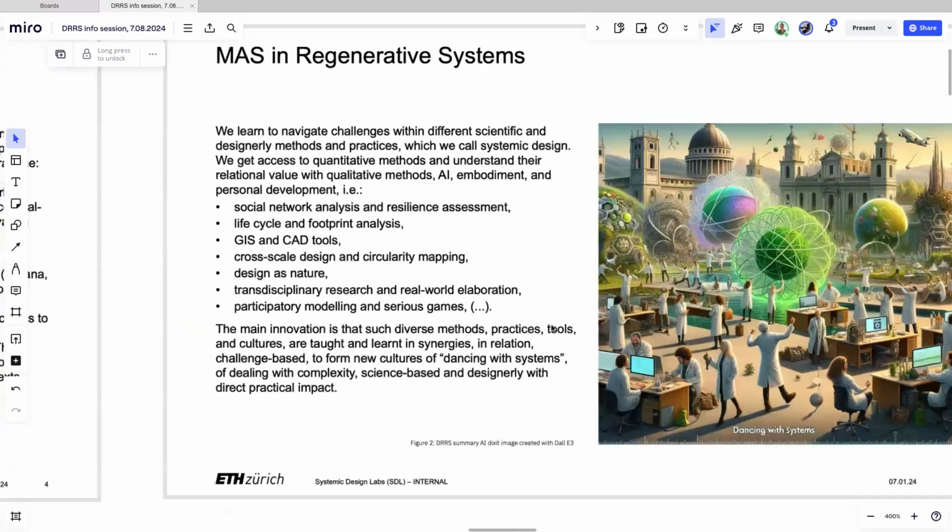We're going into more detail later on, but in a nutshell, we can think about a range of scientific and engineering methods, quantitative methods such as social network analysis, life cycle assessment, computer-aided design, or geographic information systems, these very established, very important quantitative methods. We somehow need to be able to work with these methods, this kind of inquiry, science, engineering, hard and soft science, or qualitative science. And we also need designerly tools, designerly ways of prototyping, of iterating, of acting without maybe a full assessment or understanding of a system.